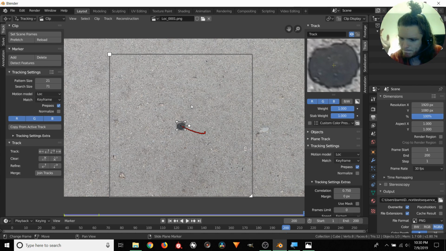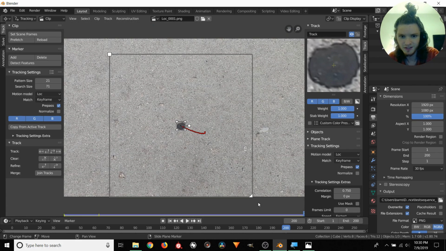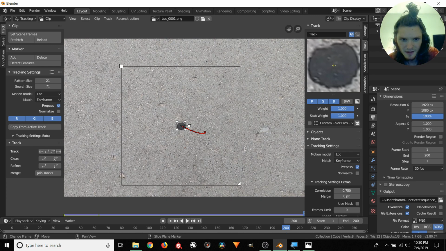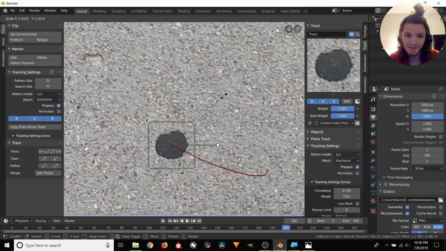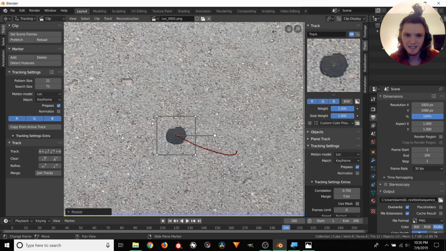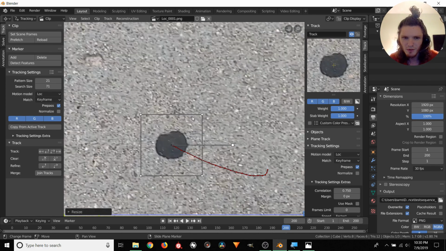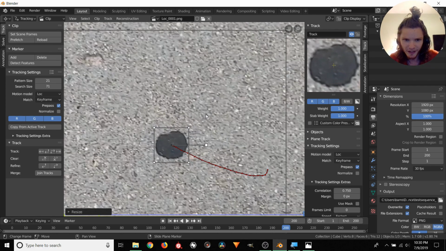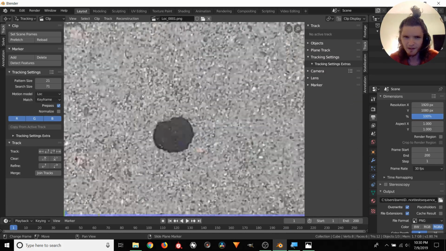So really, once you get into complicated shots, you want to consider how fast you're tracking. This can actually become an issue. The bigger the search area is, the longer it's going to take because you're searching a larger area. Similarly, the bigger the pattern area is, the more time it will take as well, because now it's trying to match a bigger pattern. So you really want to keep both of these as small as possible without losing any accuracy. So let's try to make this as small as possible and see how fast we can get this to